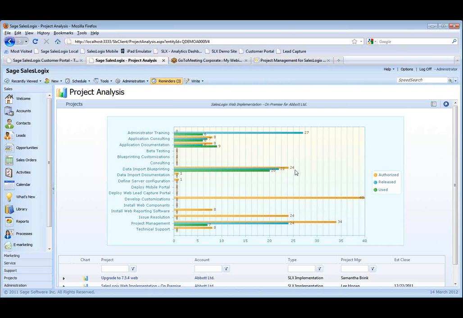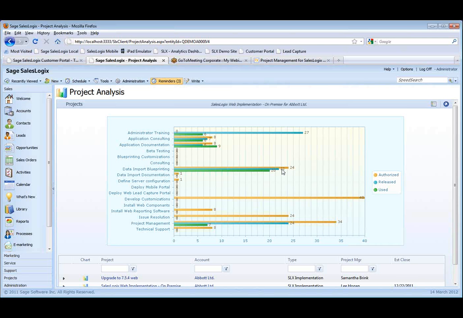So 24 hours has been authorized to spend. We can see that 22 of those hours have been released to a user, and that's the concept there, is that the customer is the one who authorized the time, and the project manager is the one who releases that